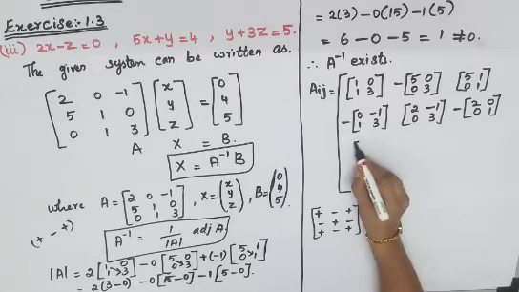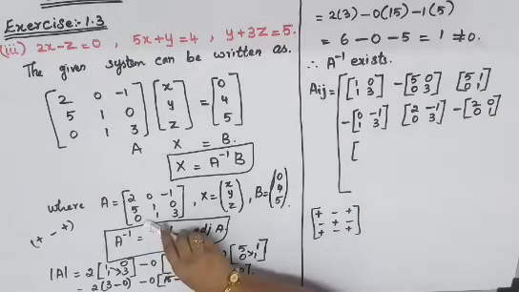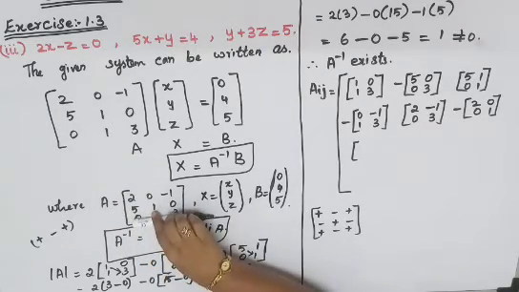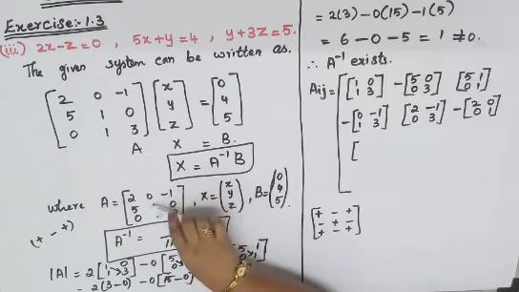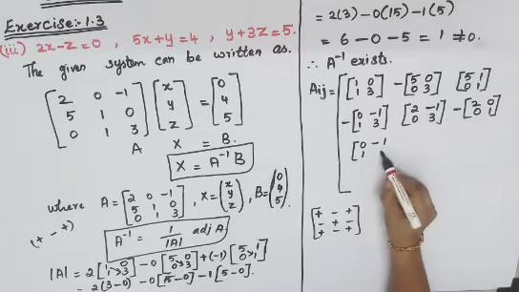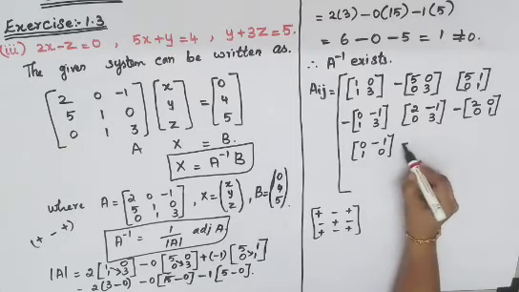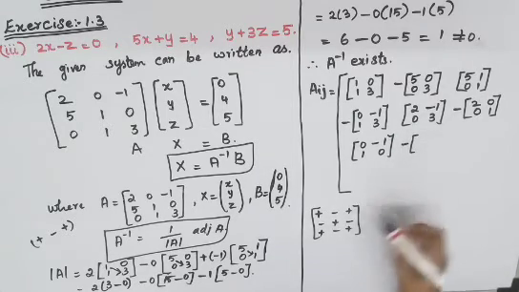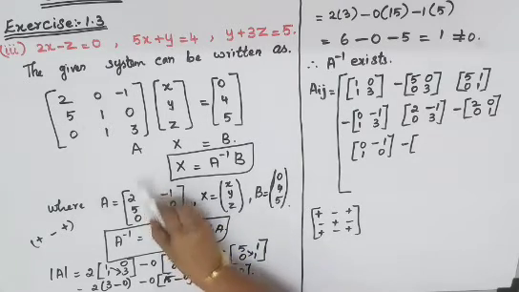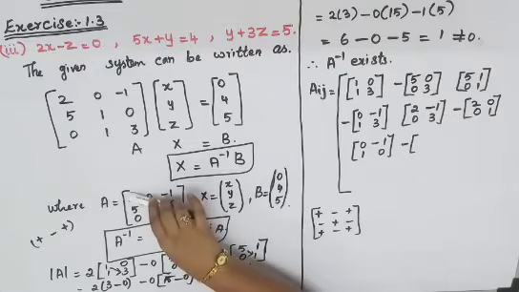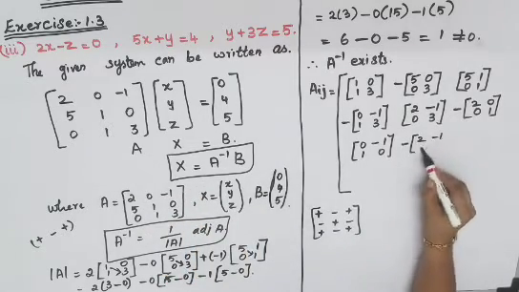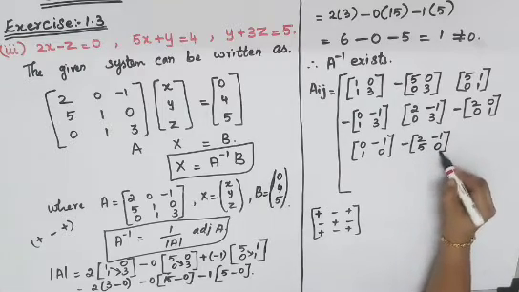Third row, plus is there, so just open your bracket. The minor of 0 has to be found out. So first column, third row has to be removed. So you get 0 minus 1 1 0. Then minus is here. So insert your minus, open your bracket. The minor of 1 has to be found out. So removing the second column, third row, you will get it as 2 minus 1 5 0.